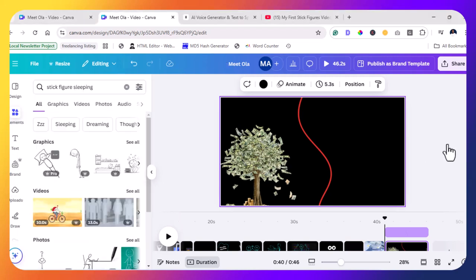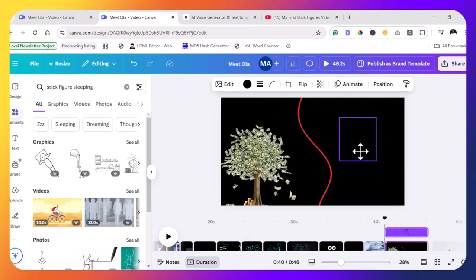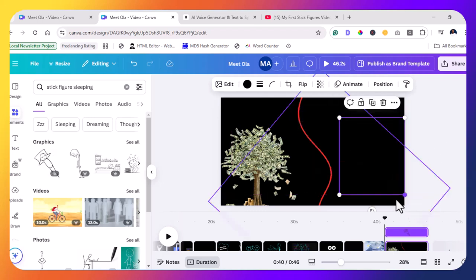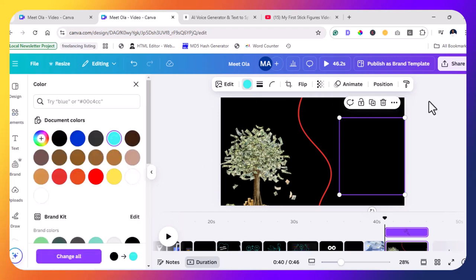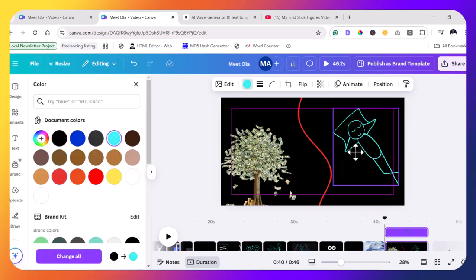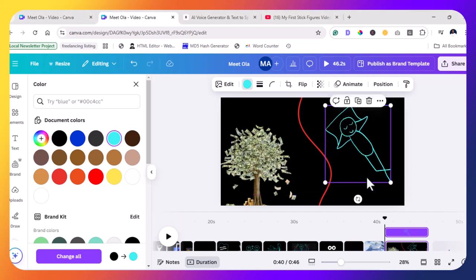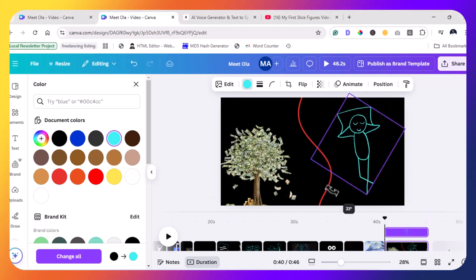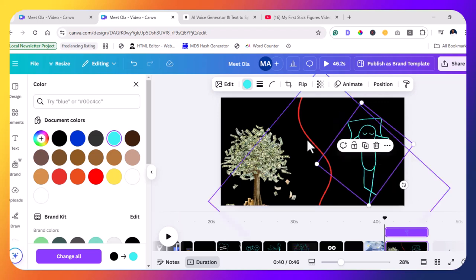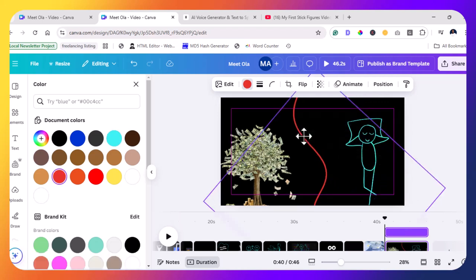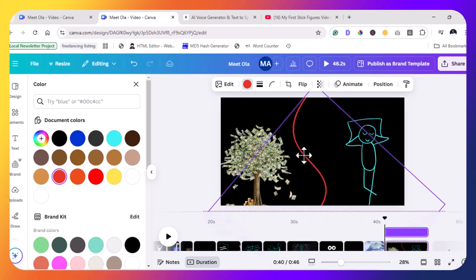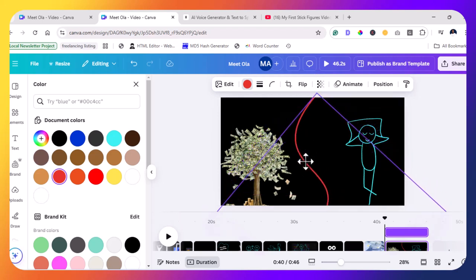So put it here, this sleeping guy, color him. I'll rotate him this way. Then this line right here, I'll drag it this way